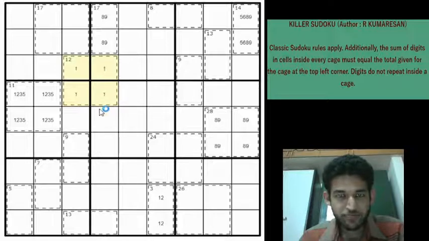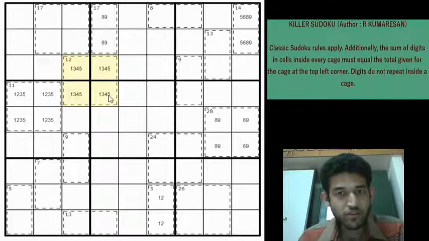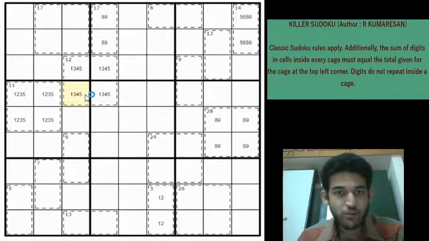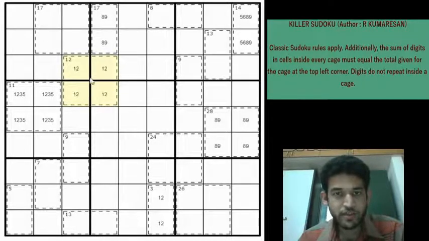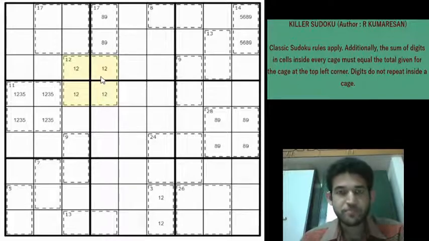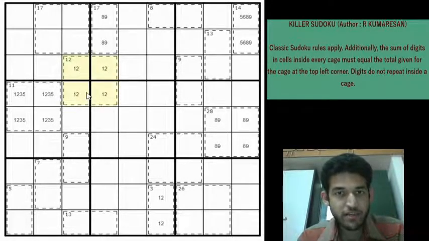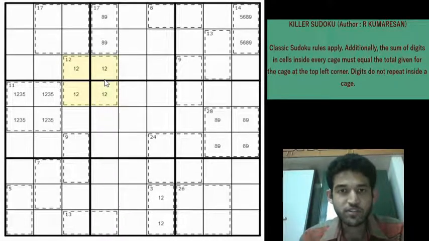So let us mark the 1. Now our next step is to see if we can reach the 12 total without the 2 inside the cages. The minimum total will now be 1, 3, 4 and 5, which if you add will give you a 13. So we need to have a 2 also, right? So 1 and 2 must be inside the 12 cage for certain. Now we'll see if we can reach the total without a 3. If you don't have a 3, you need to make 9 more because 1 and 2 are there, and 9 can be reached using 4 and 5 without the 3. And if you have the 3, it will be 3, 6. So a 12 cage with 4 cells in a killer Sudoku will always be 1, 2, 3 and 6 or 1, 2, 4 and 5. In both the cases, 1 and 2 must be inside the cage.